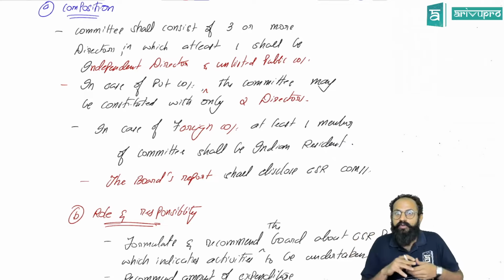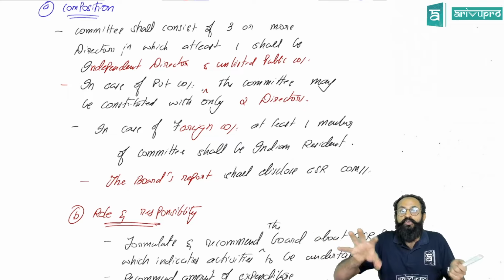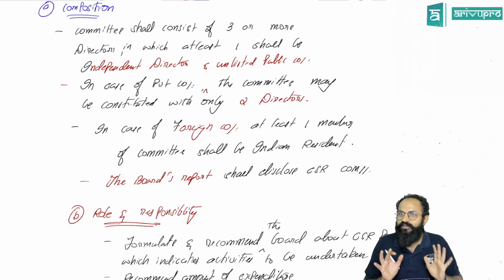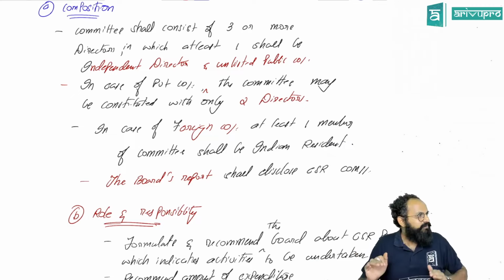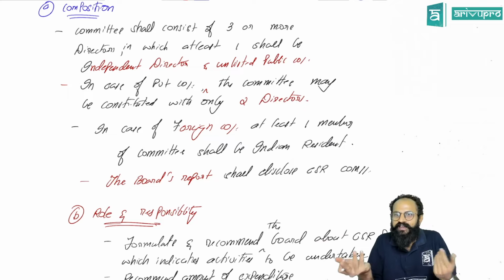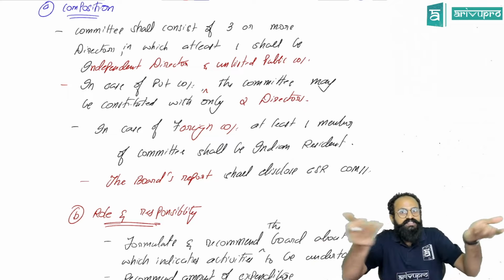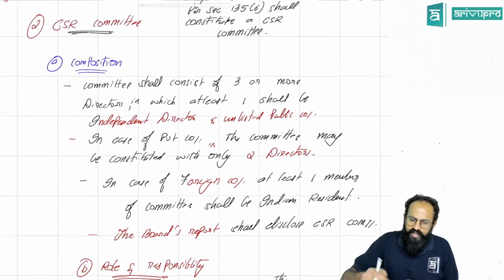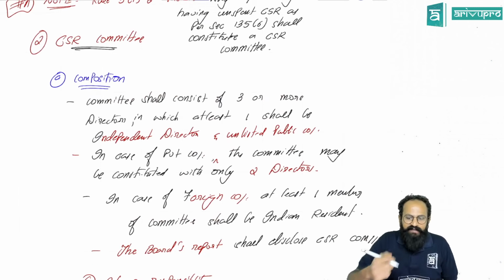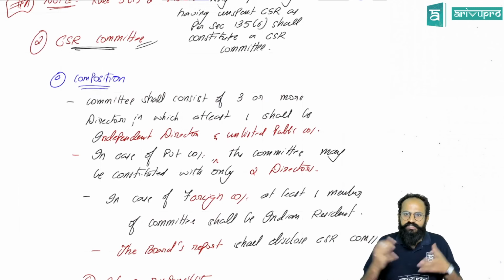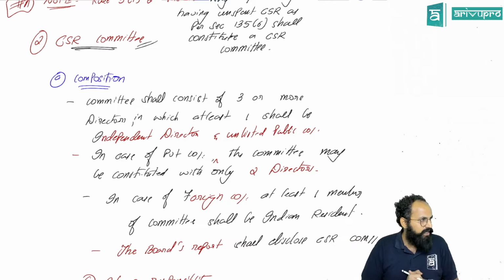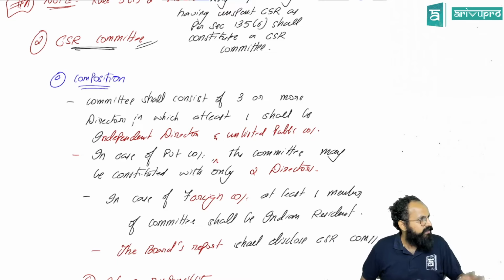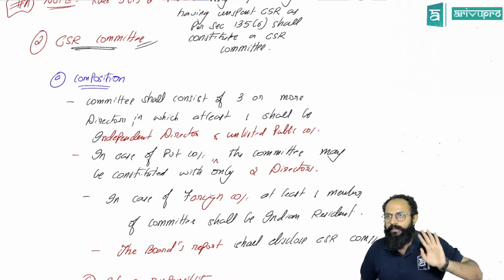Sir, but what is the deeper logic? The deeper logic is, if at all CSR is applicable, you need to do it in a more formulated way. Committee and all should come, fancy words and all you need to use. Reporting and all will come. Section 8 company, all that were not there. But if it is applicable, even for you it is applicable. You need to follow the entire chapter. Is it clear? So once CSR is applicable to me, I will have to compose a committee. Of course, my directors will come and sit in this committee. The committee will consist of 3 directors, in which one shall be an independent director. So 2 normal directors, 1 independent director.